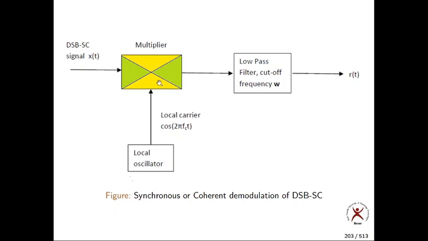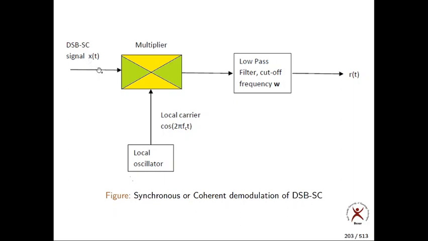Now what exactly are we doing here? We are taking x of t. x of t is nothing but the DSB-SC signal, m of t into c of t, as I told you already. That is again multiplied with a carrier. Please remember, what carrier? Local carrier. We call it a local carrier. It is the same carrier. I have not written the amplitude here, but no problem. So cos 2 pi fct.